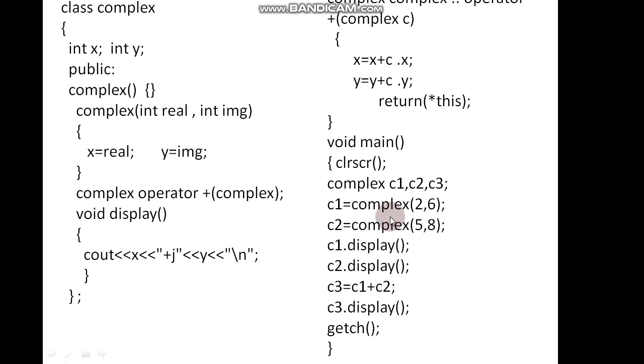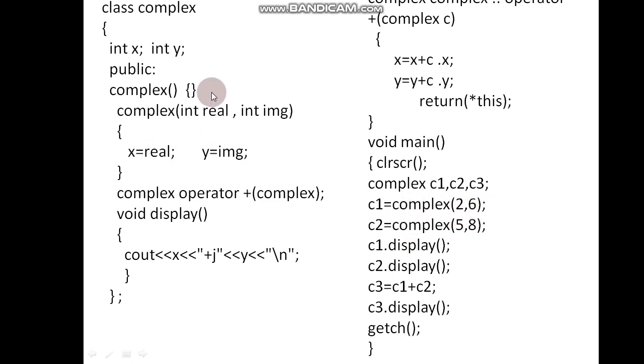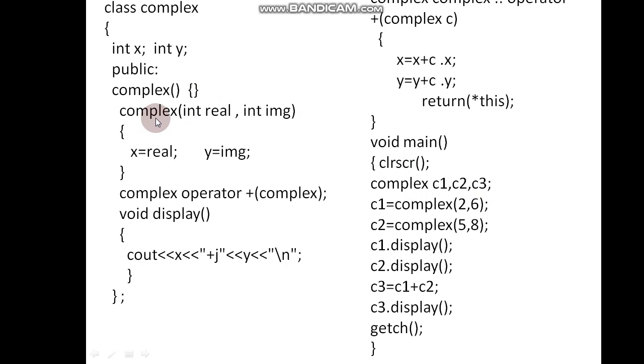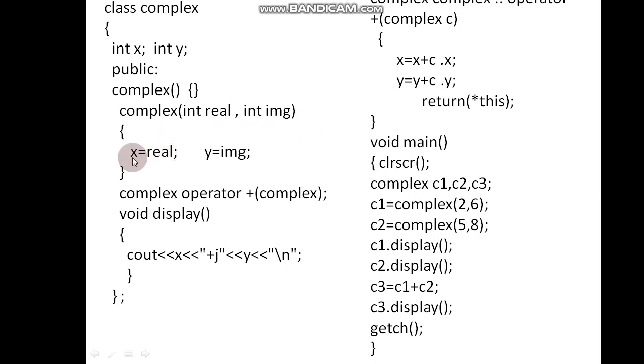Then we are calling constructor functions explicitly by passing two parameters. We have a parameterized constructor which takes real and imaginary. First value will be copied into real, second value will be copied into imaginary. Real will be assigned to x, imaginary will be assigned to y.